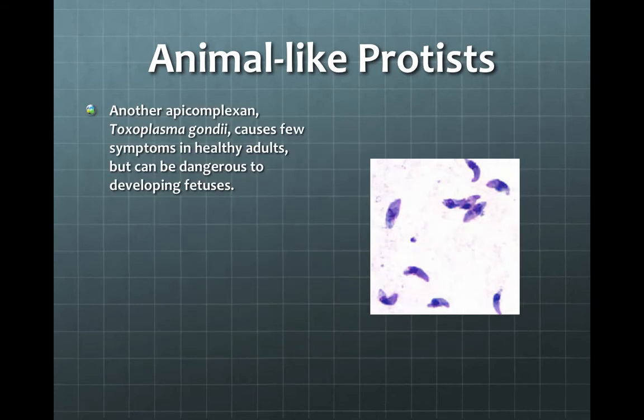Another apicomplexan, Toxoplasma gondii, causes few symptoms in healthy adults, but can be dangerous to developing fetuses. This one right here, pregnant women are not supposed to change kitty litter because the cat's feces could have